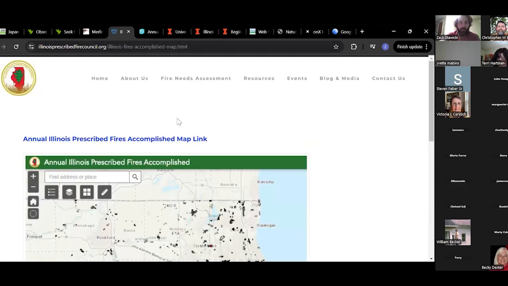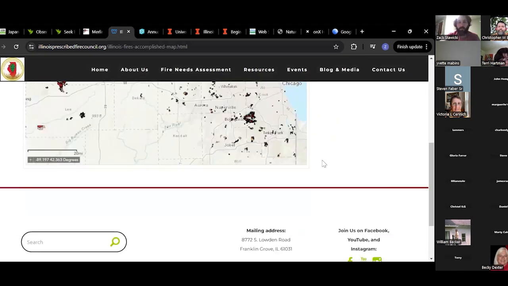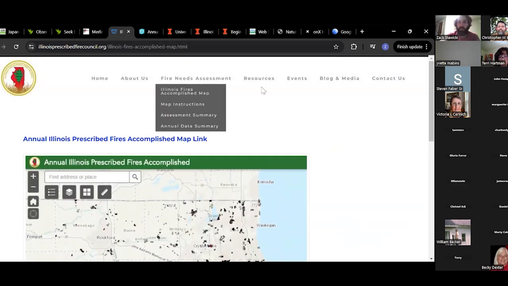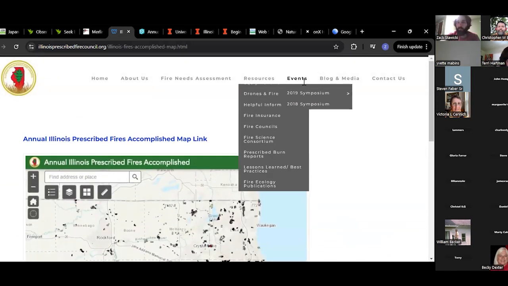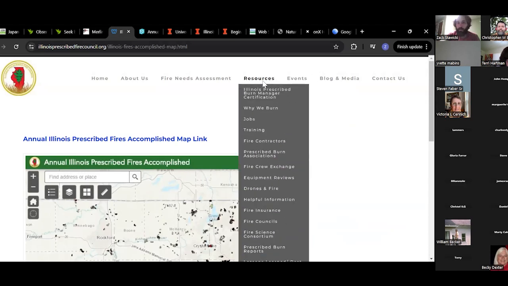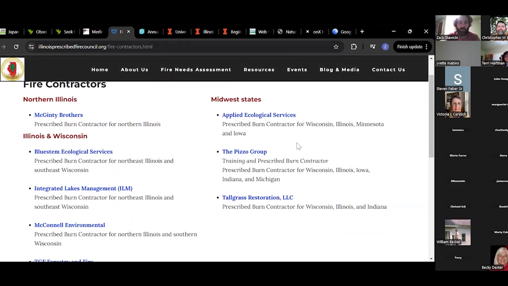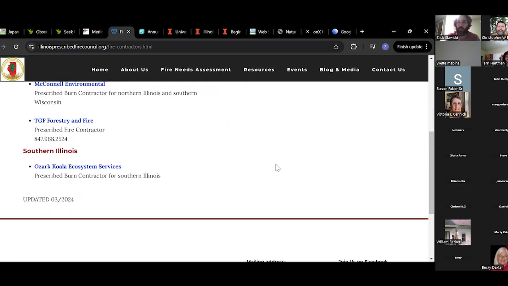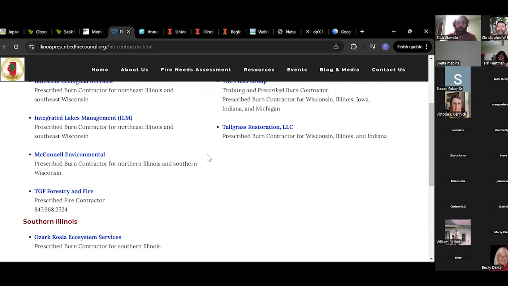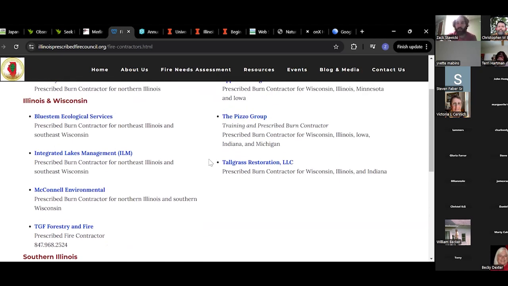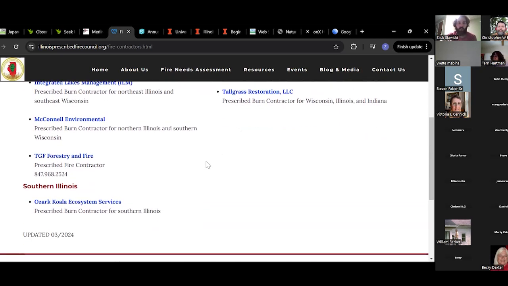Next, I just have the Illinois Prescribed Fire Council. There's not a whole bunch of resources on this right now, but we're trying to beef it up a little bit. One thing that's really nice on here is they've got a contractor list for fire. I know some of you are not in Southern Illinois or you've got properties elsewhere. This just gives you a list of some contractors that are doing fire, along with